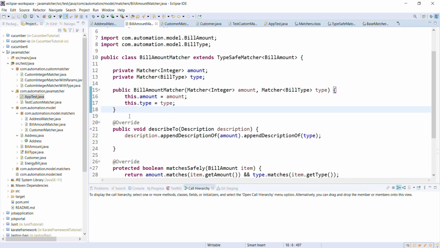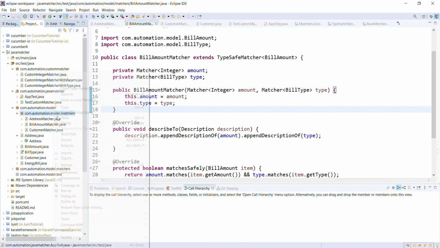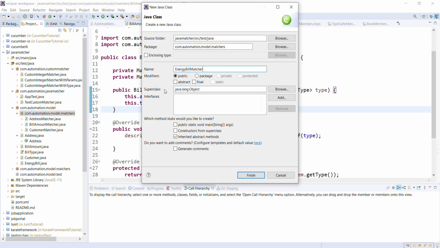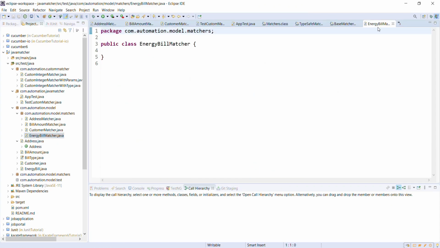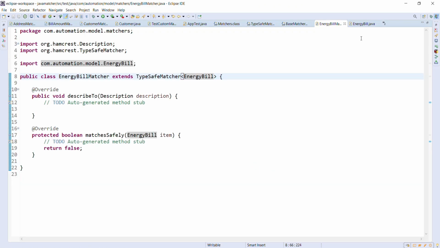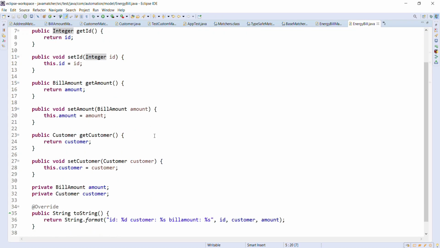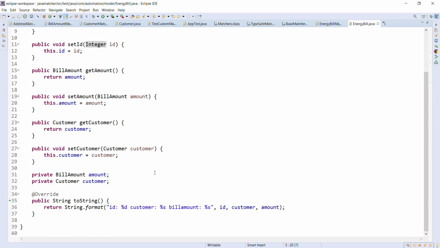Now let us create the matcher for the energy bill. So let me open the EnergyBill class. In this class, we have property ID, which is of integer type. Then we have another two properties, which are of type Customer and BillAmount.